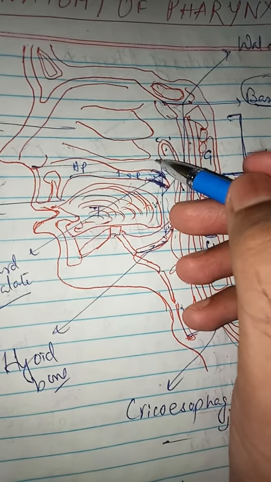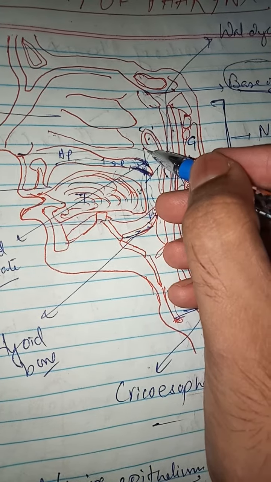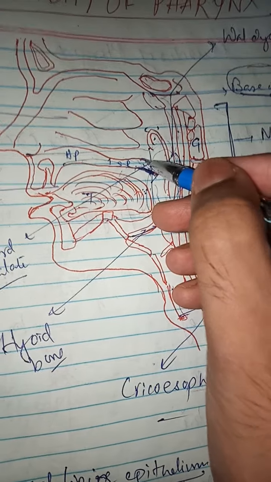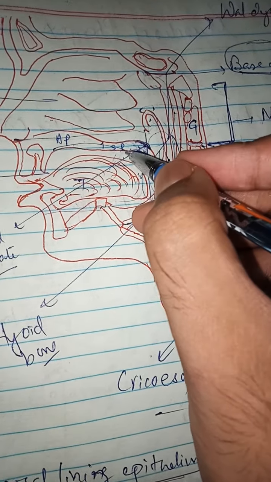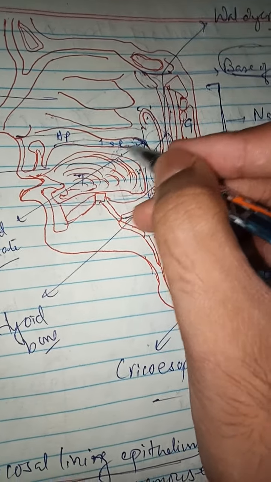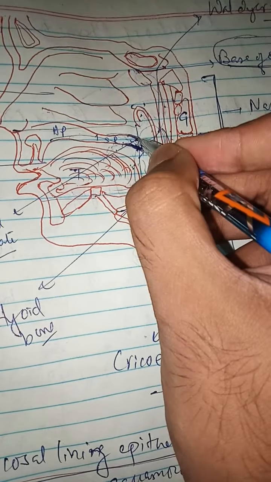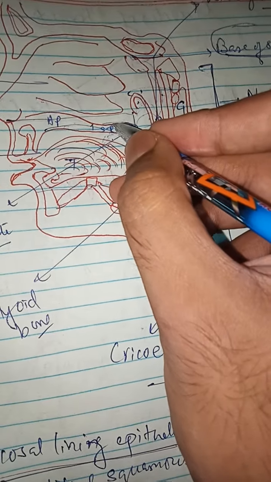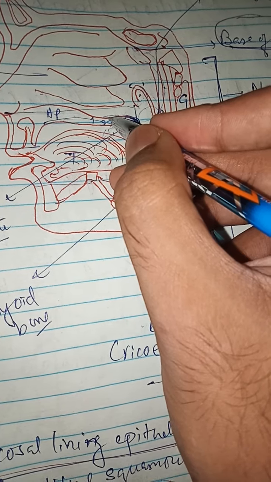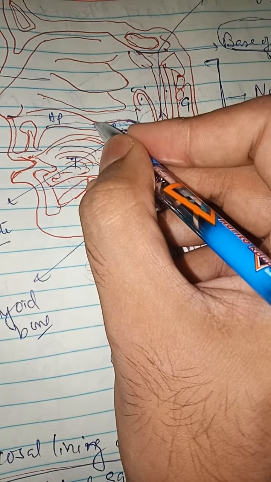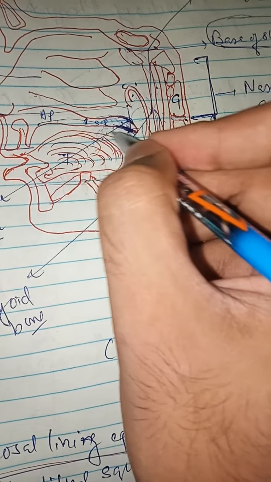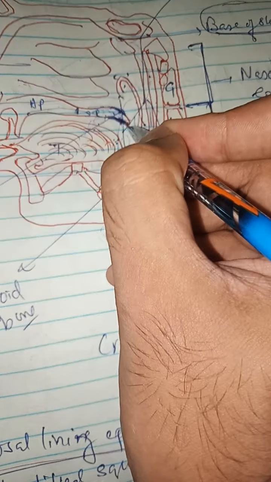The soft palate has two surfaces, the anterior surface and the posterior surface, and two borders, the superior border and the inferior border. The anterior surface has a median raphe. It is the oral surface, and the posterior surface is convex and is continuous with the floor of the nasal cavity. The superior border is attached to the posterior border of the hard palate.